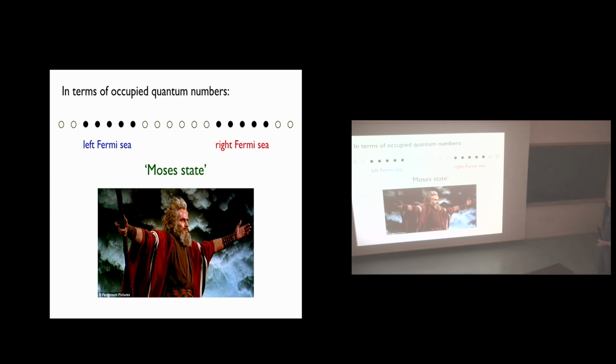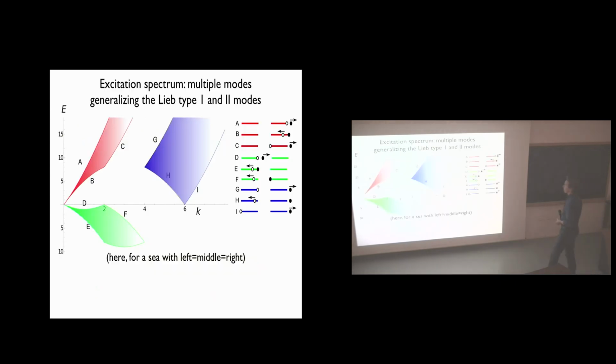So the point of the Moses state is that it's completely codified in terms of quantum numbers in my Bethe ansatz. And therefore, I can use that as my initial state and compute correlations on that state. Note that this is a state that has very low entropy. So you imagine that there are many, many occupied states here in the left and right seas. So what that means is that when I compute correlations, I just get a kind of glorification of what occurs with a single sea. I've got different branches coming from different types of excitations.